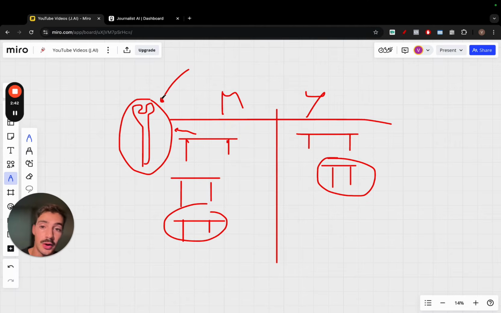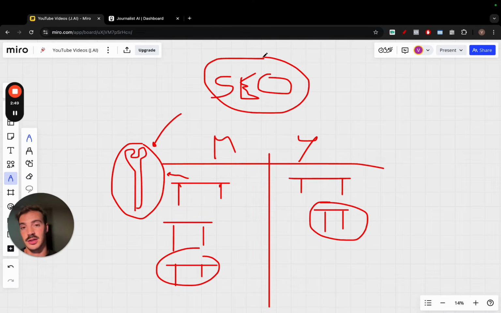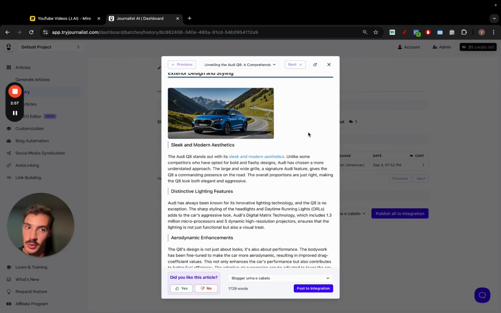But you need to know how to use it, right? In this case, you need to know how to do SEO, because if you don't know how to use SEO, it's quite pointless whether you're using AI or not, because you're just going to be using it the wrong way or not the appropriate way. So you need to learn how to do SEO. So I'll leave the links below in the description how to actually do SEO, on-page SEO, off-page SEO, technical SEO,